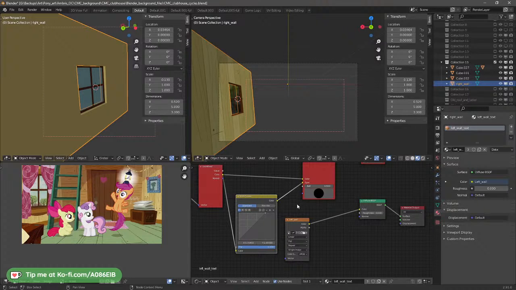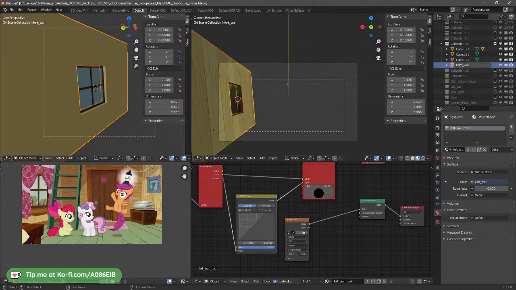Okay, I think I know why I did that. So I'm going to leave that alone for now. I'm actually going to rename this left wall since that's what I'm doing right now. So left wall, and why don't I actually name this collection